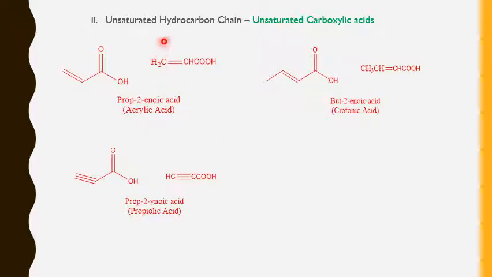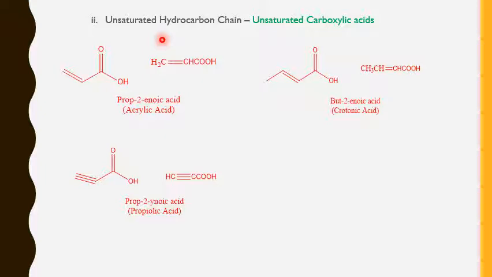Next, the second type of aliphatic carboxylic acid, which has unsaturation. What if the open chain, aliphatic structure contains a pi bond, a double bond or a triple bond? If we find only one pi bond based on one sigma bond, then we call it a double bond. If there are 2 pi bonds around the base of one single sigma bond, then it is a triple bond. And if there are 2 pi bonds based on 2 sigma bonds, what does it mean?